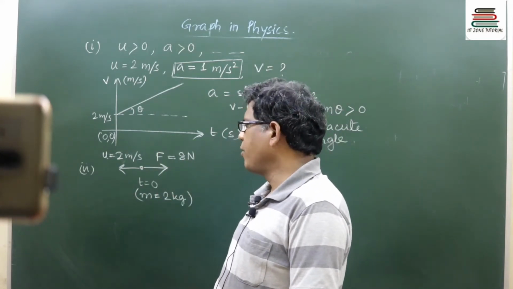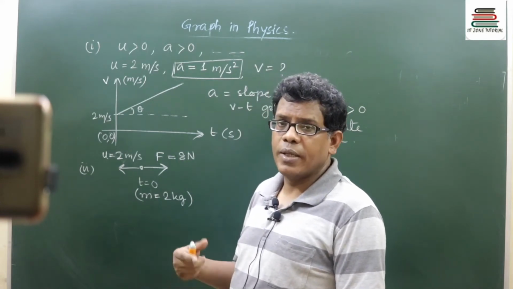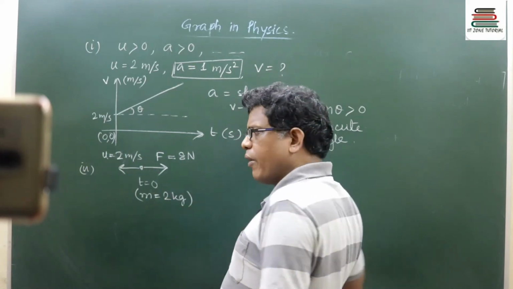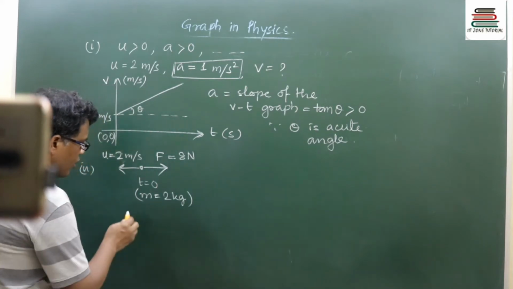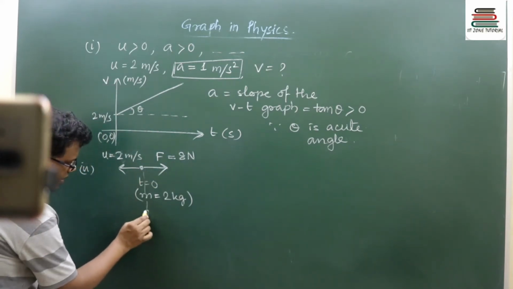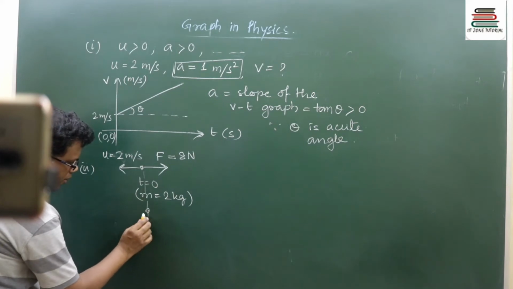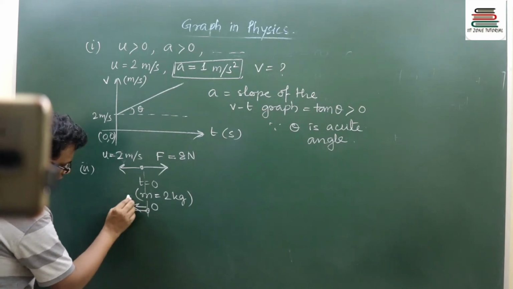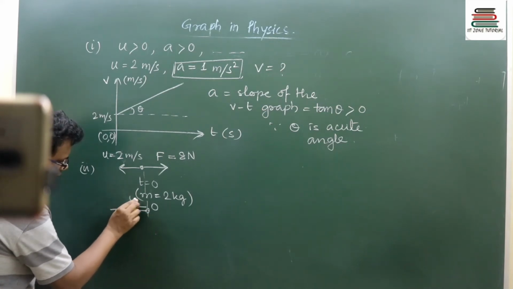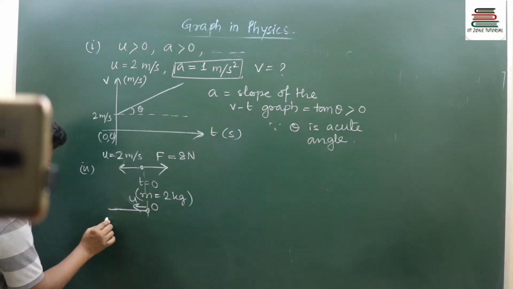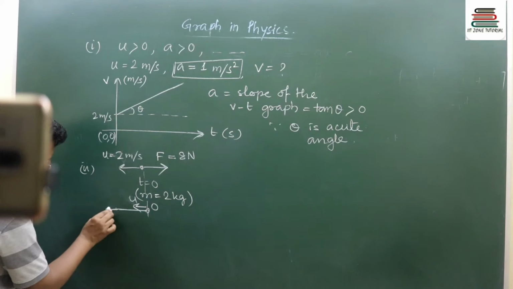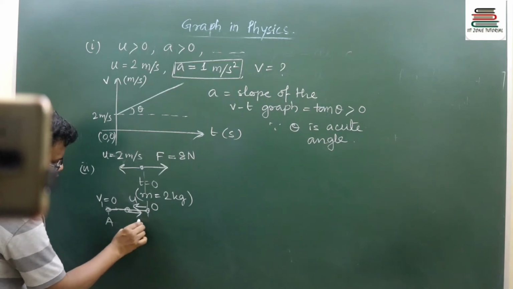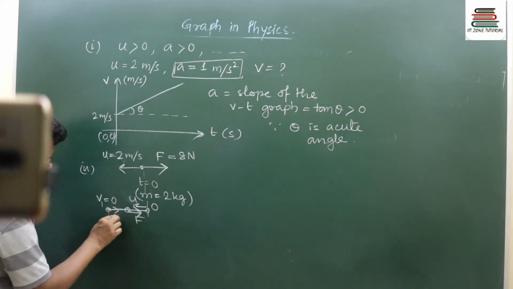But the moment when the velocity becomes 0, this force, which was primarily opposing the backward motion, will now pull it forward. What will happen? If I consider this the starting position of the particle, let it be O, for certain time the particle will move this way. It had initial velocity here, the value given, 2. Maybe after reaching somewhere at A, its instantaneous velocity V1 will become 0. During the motion, the force was acting this way throughout, even at this instant.